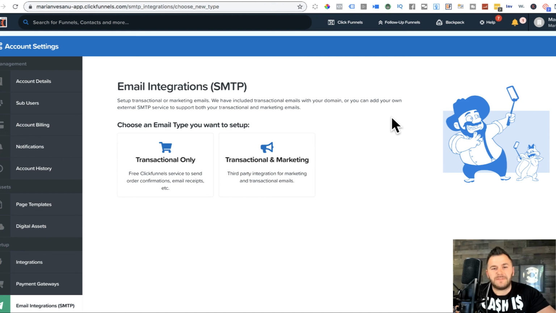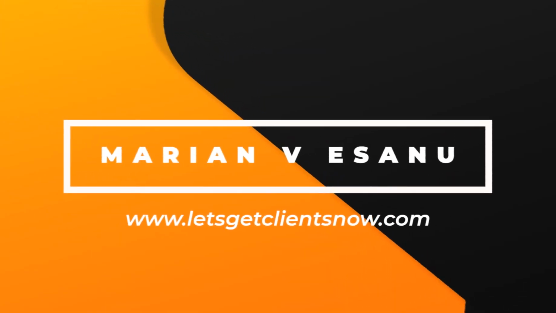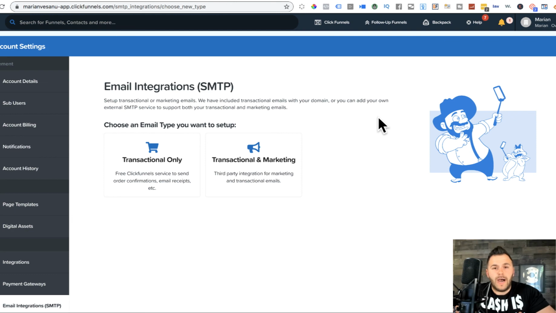Setting up your SMTP settings in ClickFunnels is not one of the most pleasant processes, but I'll make it simple for you guys. All right, so if you're wondering why you even have to set up your email integration or SMTP settings in ClickFunnels,